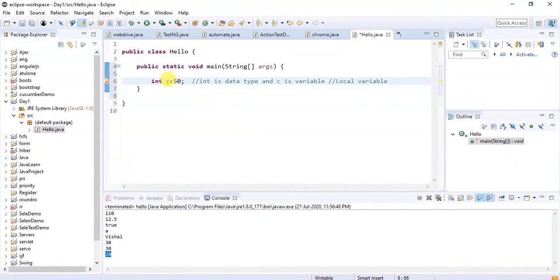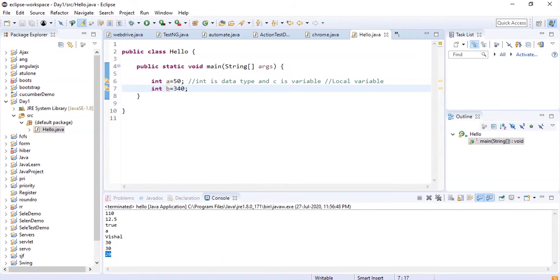Whenever you are giving any variable, here we have given C, you can also make it A, but you cannot declare two variables with the same name. So make sure there is no duplicacy, otherwise it will give an error. Other than that, you can write B, and let's give its value as 340, let it be.